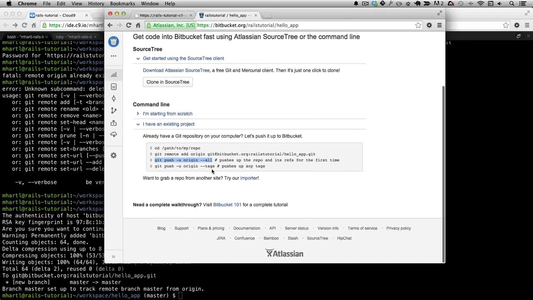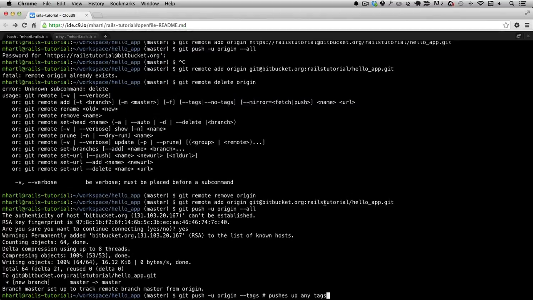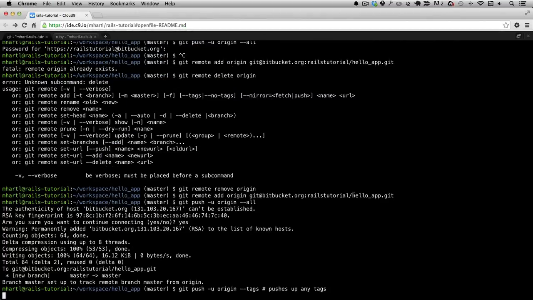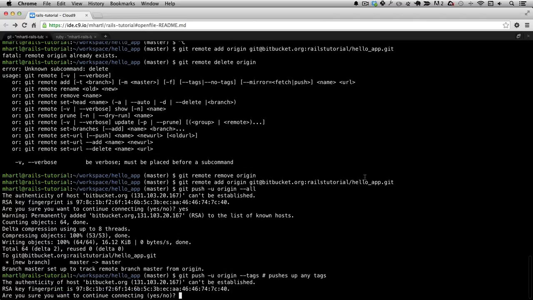Okay. And now it says to do this, but this is only necessary if you have what are called tags, and there are no tags in this tutorial. In fact, I rarely use tags. Probably should use them more. But in any case, we can skip this last line. It doesn't do any harm, though. Just paste it in. In fact, you can just add the whole thing. You can include the comment. So this doesn't do anything, but just goes to show that, oh,